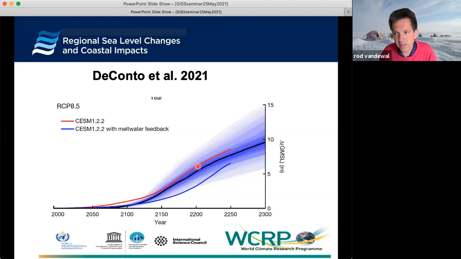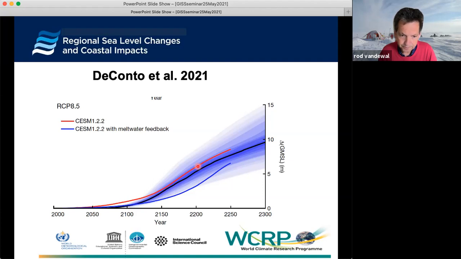Another issue which you may have seen passing by in your mailbox recently, which I'd like to address briefly, is this paper from Conto et al. in Nature one month ago, I think by now, addressing also in a way the high-end contribution from the Antarctic ice sheet to sea level, based on a combination of collapsing ice shelves and enhanced ice flow by